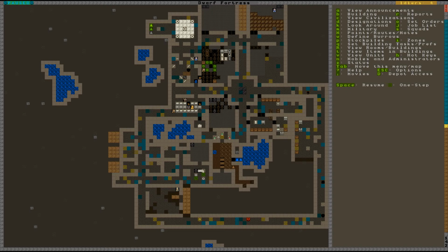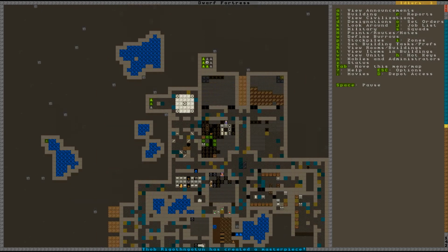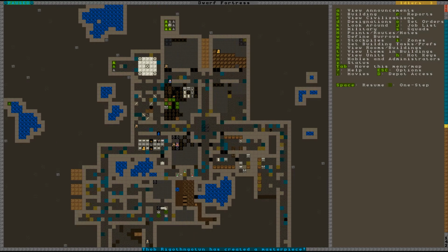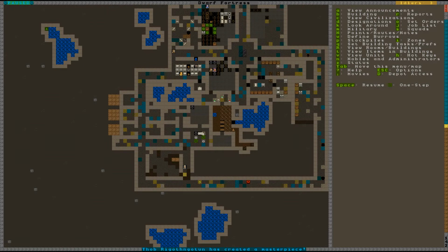Let us continue playing Dwarf Fortress. So, let's let things spin on for a bit. Fob has created a masterpiece. Things are going quite well there. What we need to do, rather urgently, because we're out of food virtually, other than all these random fungi that have appeared everywhere,